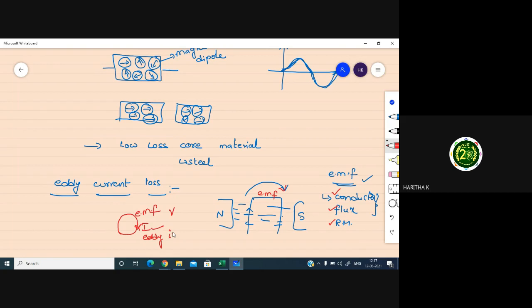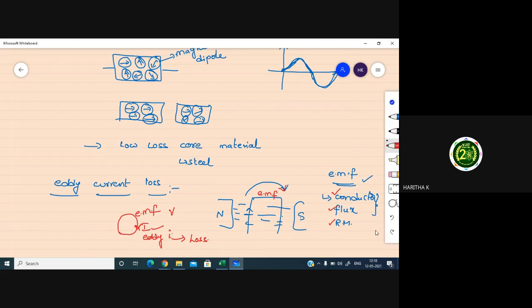This is unnecessary current. We don't require this current. But even then, we are getting the current in the armature. And the loss due to this current is called eddy current loss. Loss means, whenever there is a current, it produces heat. That heat loss is nothing but eddy current loss. If there is no current here, there will not be any heat loss. So some of the energy is wasted here to produce this current. So these two are the iron losses, hysteresis loss and eddy current loss.